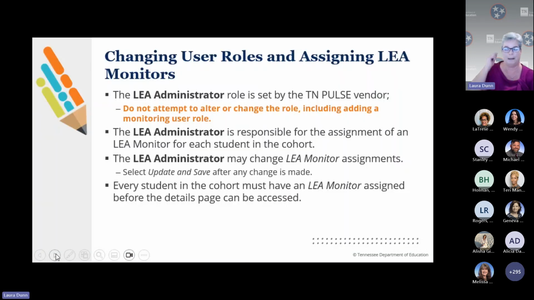So once you have your cohort, how do you change your user roles or how do you assign LEA monitors? So the LEA administrator role is set by TN Pulse, the vendor. Okay. Do not attempt to alter or change your role, including adding you as a monitor. So once you are set as the LEA admin, and that usually is the IDA director,